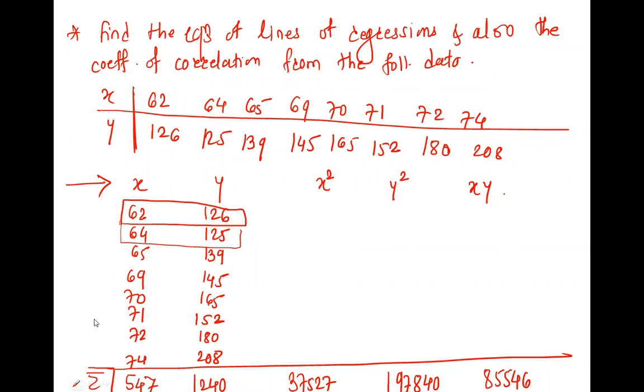And then we have to complete this table also. You cannot leave it blank. So x square means this number squared, you write it here. All of these squares here. Then y square: the first y square here, then the second y, its square here, and all of that. And here it is x into y. So this into this, you will write here. Again, this into this here. So like this, you will complete the table.